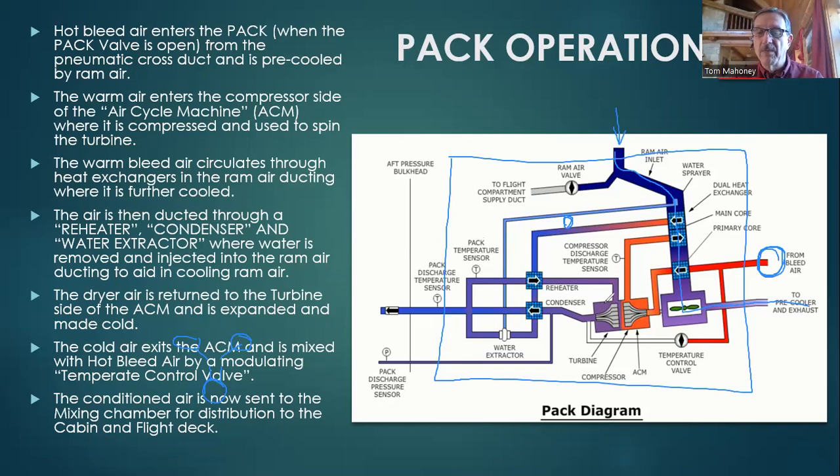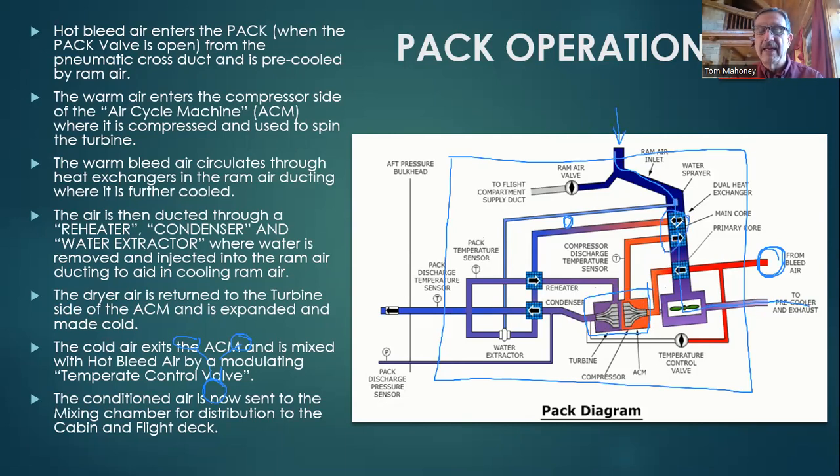Another term we need to know. This is what we call the air cycle machine. There's a couple little turbines here, turbines and compressors. So warm air enters the compressor side right here. So it's coming across here, coming down, enters this compressor. The air is compressed and then exits and goes through another